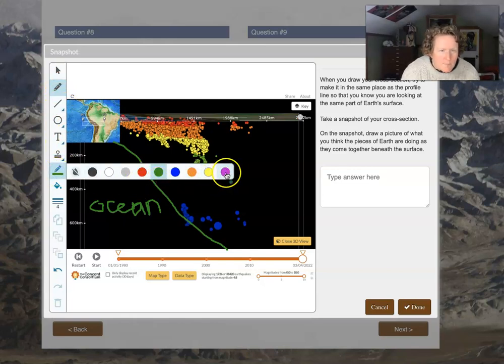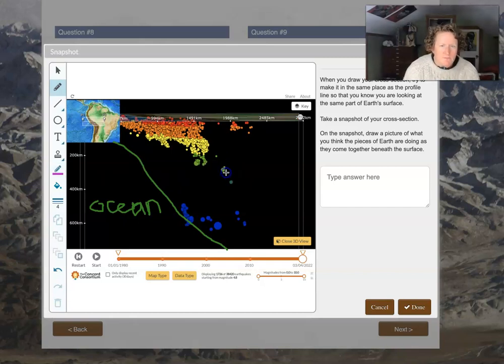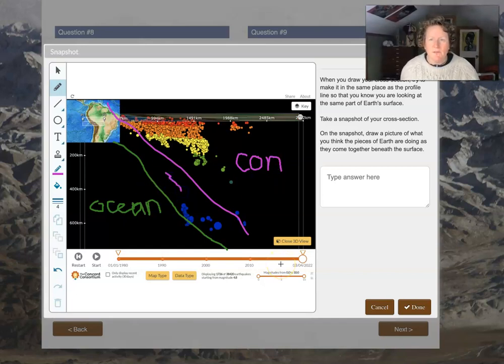in purple, just because it's different from all the earthquakes. So the continental plate is riding up over the ocean plate. I'm just going to put CON for continental. And so these two plates, there's actually not that space between them. I just left that there to make it clear that the ocean plate is diving underneath the continental plate,